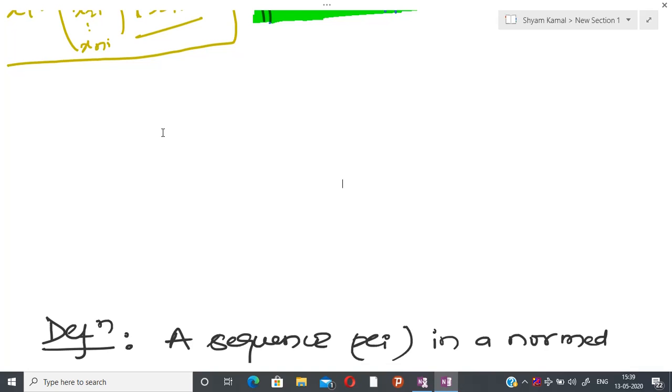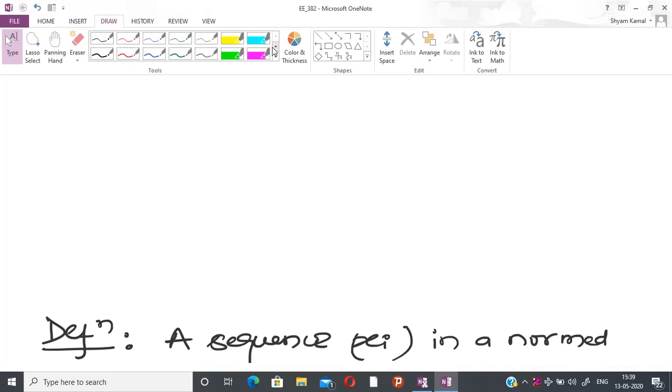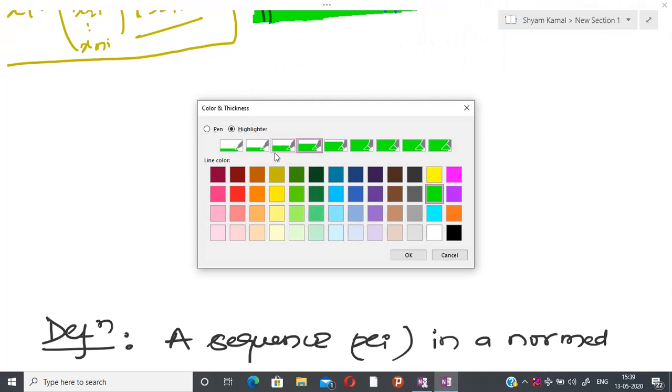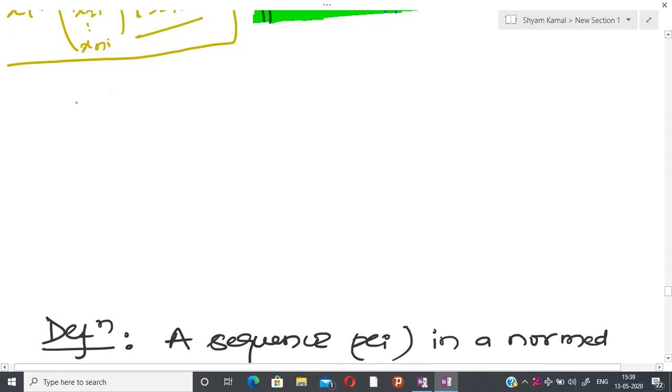So what we are saying is that the sequence of vectors, because I am talking about column vectors, and for that reason I can talk in this way,